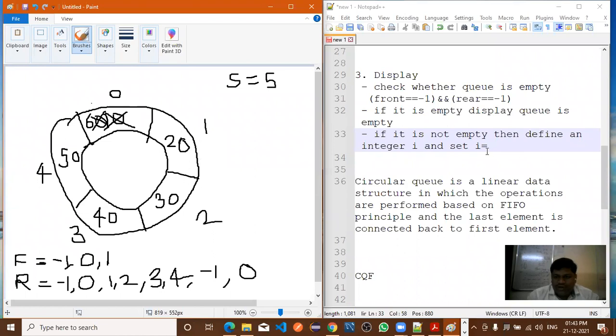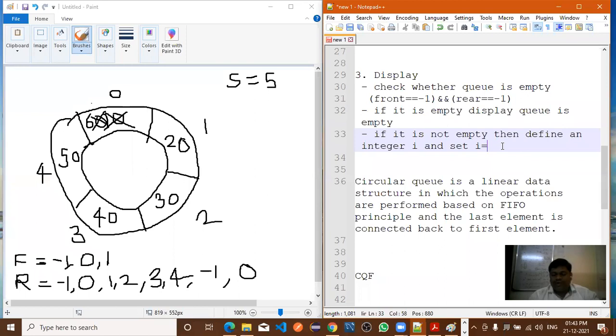By considering the value of I equal to 0. But here, not a single element is present at the 0th location. Then what is the value of I here? What should I write? Front. Front, very good. So the value of I, you need to consider front. So all of you give attention. These steps are very, very, very important.